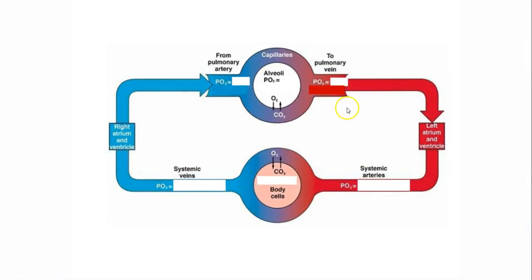Alright, so if we're looking at this picture here, just as a recap, PO2 levels, oxygen levels in this blood, low. Oxygen levels inside the alveoli, high. Oxygen levels in the blood leaving the lungs, high. Oxygen levels in the blood reaching the muscles, high. Oxygen levels inside the muscles, low, because it's constantly using the oxygen. And oxygen levels in the blood going back to the lungs, low, because it's the change remaining from what we